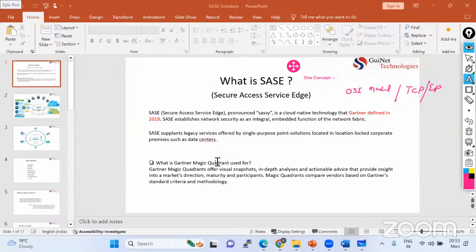2019, इससे पहले से इनका चल रहा था, बट 2019 के अंदर इन्होंने एक कॉन्सेप्ट डिफाइन किया जिसको इन्होंने बोला सैसी। क्यों डिफाइन किया 2019 के अंदर ही? क्योंकि उनको ऐसा लगा कि जो अभी तक सॉल्यूशन हम यूज कर रहे हैं, फायरवॉल का, नेटिव सॉल्यूशन, क्लाउड का,